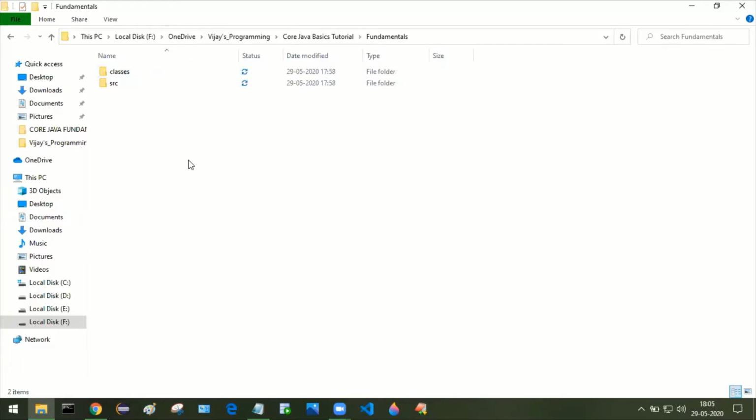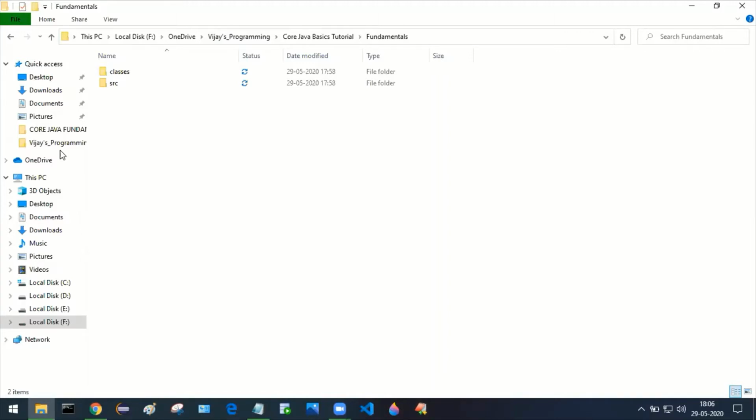Why do we need these two folders? Why can't we just develop our programs inside the fundamentals folder itself? Because I want to separate the .class files from the .java files.